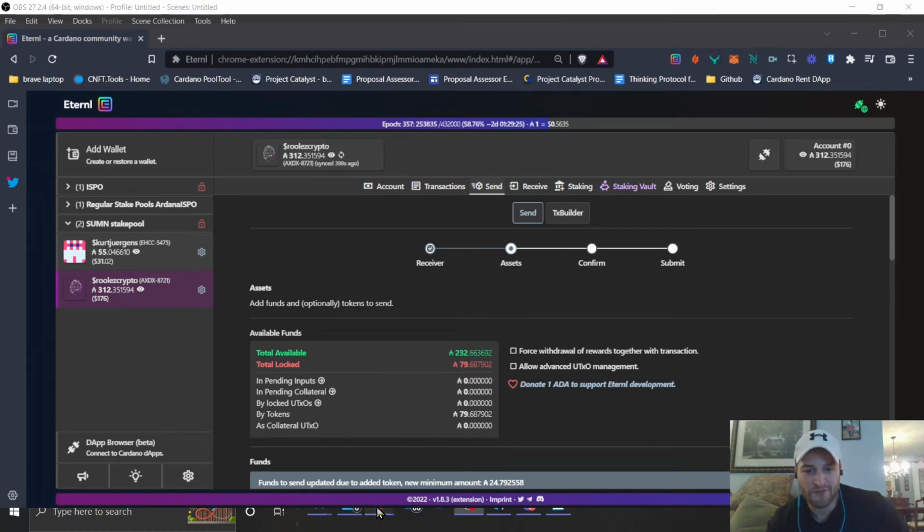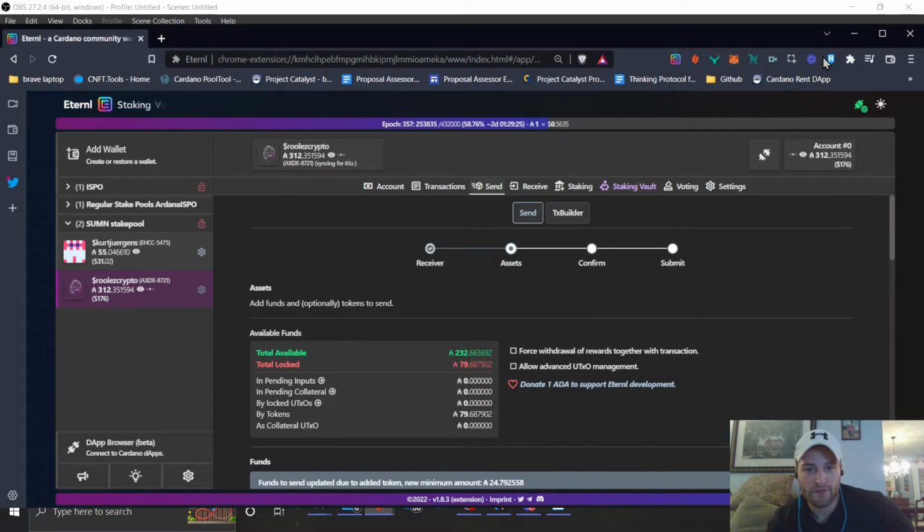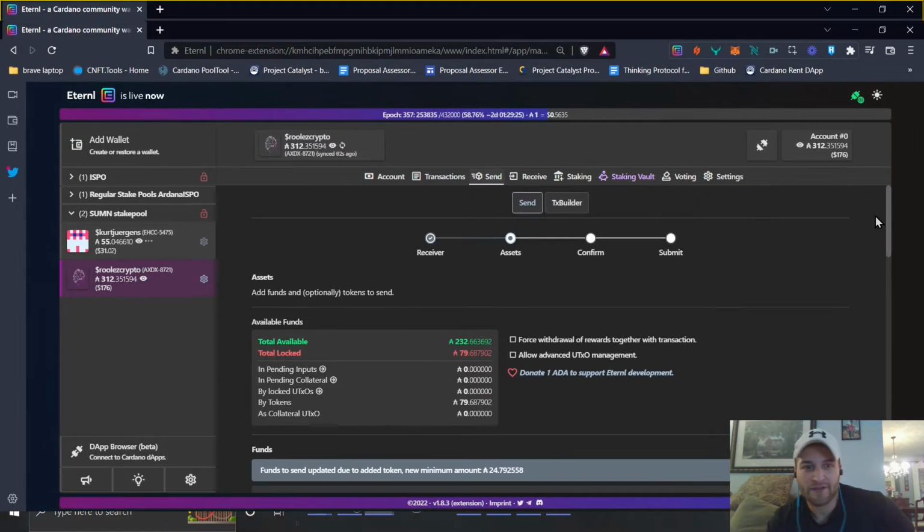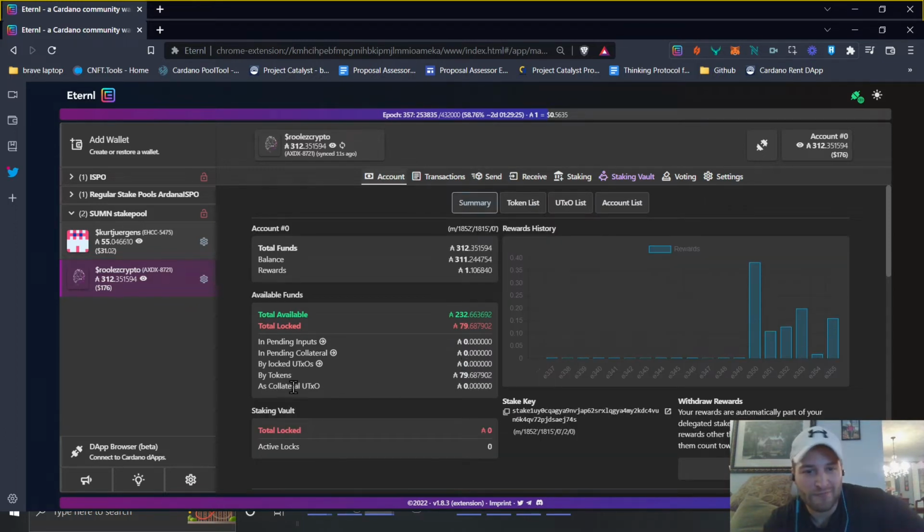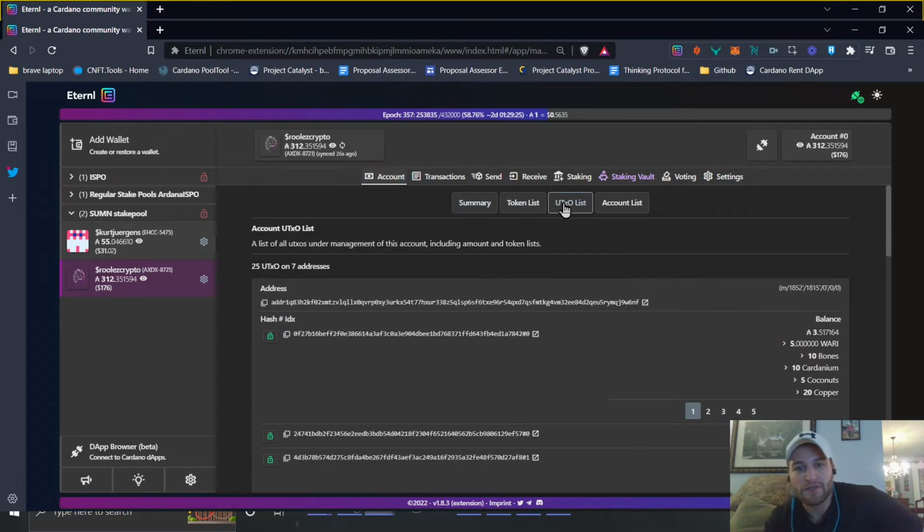This is Rules Crypto. There were a lot of posts out there today on Reddit, and there have been in the past as well, about the UTXOs and why it says I have so much ADA locked by tokens. What does this mean? How come it says my ADA is locked? The way that I understand it is how I'm going to explain it to you, and I'm going to show you. So we're going to go inside my Eternal wallet, which is what I choose to use just because I like it the best,